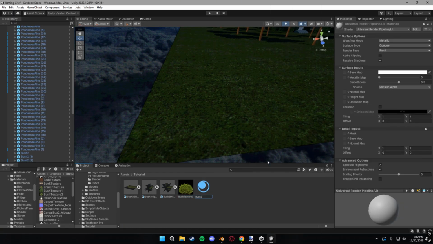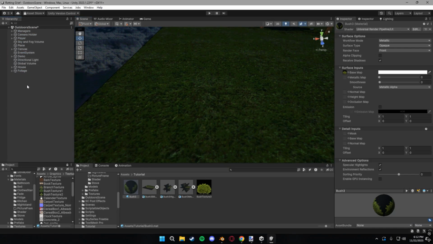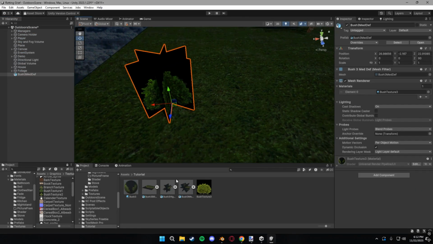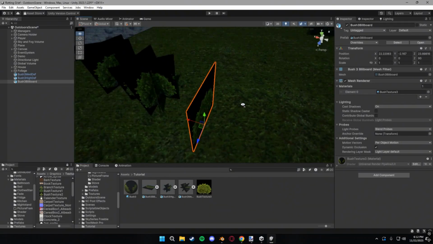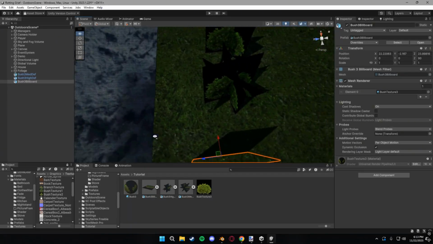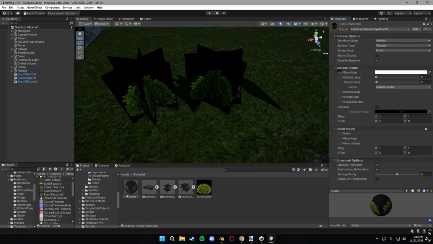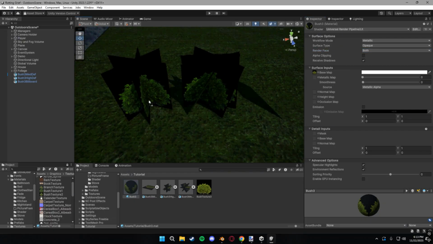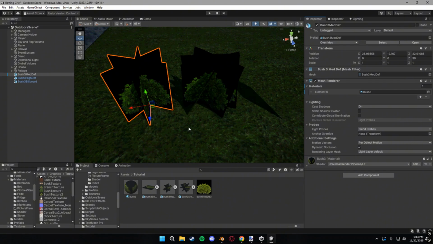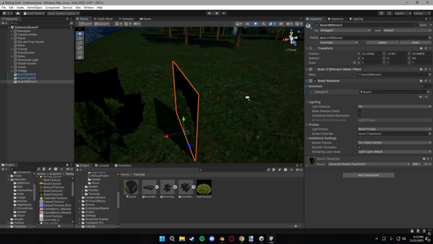After placing the bush models, we can assign our newly made material to each one so it actually applies to the models. And for our material, we're going to change some of the settings to make it actually look like a bush. I like to set the smoothness all the way down so there's no reflectivity in the material. And then what I do is I set the rendering face to both sides instead of the front, because right now if you look at the back side of one of the planes, it just doesn't render. But if we set it to both, it's going to render from all sides,